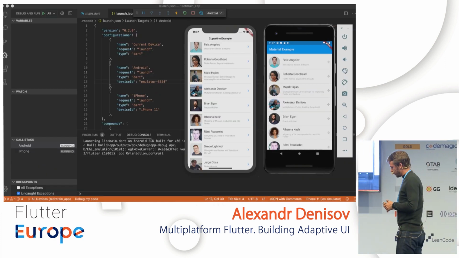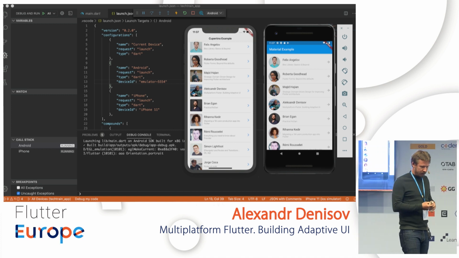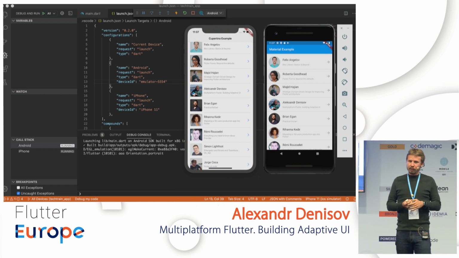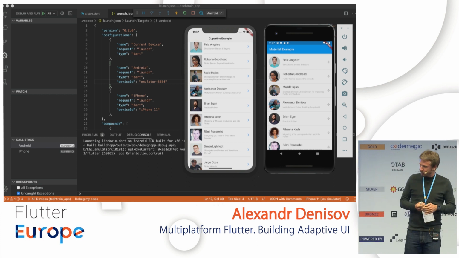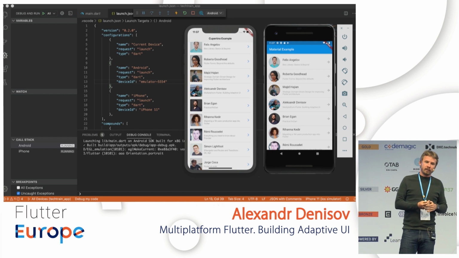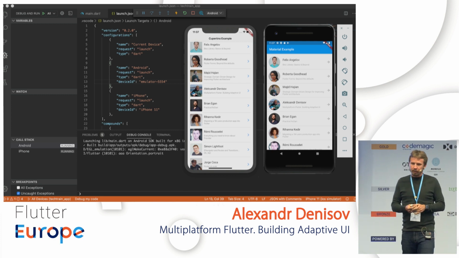Finally, I promised to tell you a bit about some things that can help you check how your UI looks on different platforms. This is a feature that was announced at the Flutter Interact conference last December. Multi-session debugging.